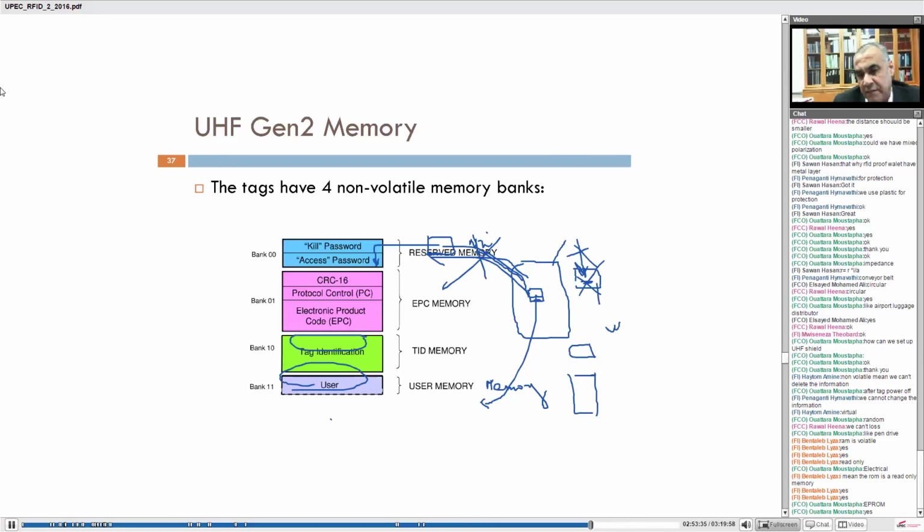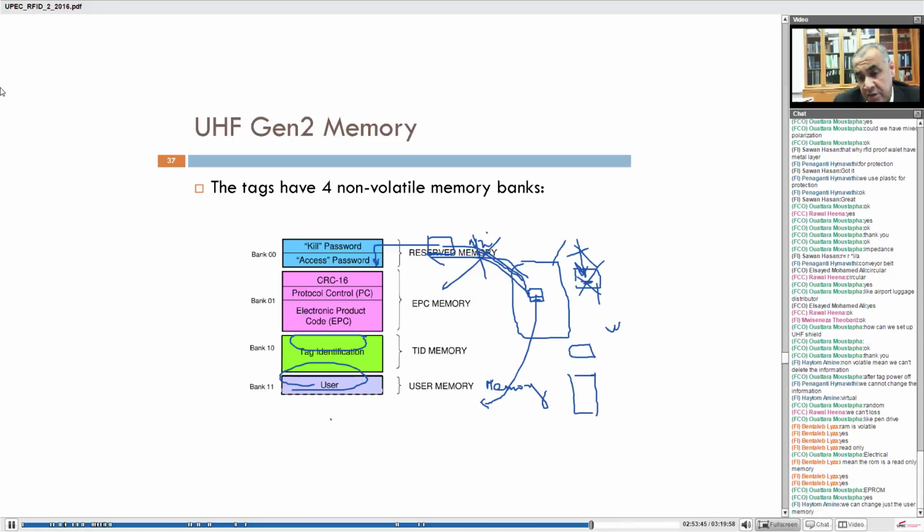You have to focus on the fact that there are some places you can change and some places you cannot change. For example, the tag identification, you cannot change this information, because it is related to the manufacturer of the tag. It gives the name of the factory and so on, so you cannot change it. The serial number of the tag, not the EPC, the serial number of the user, this you can change,